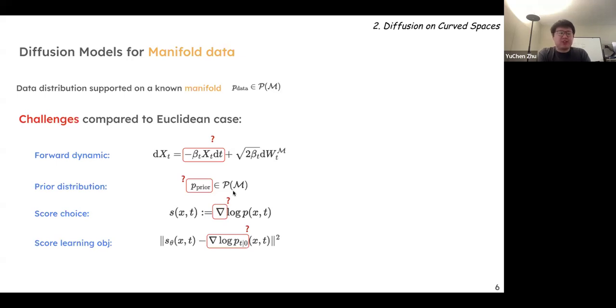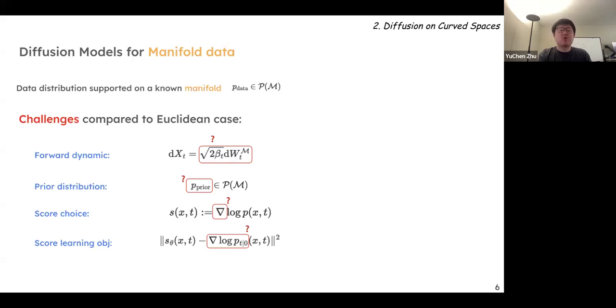Essentially, you have questions on every component of the algorithm design. For example, for the forward dynamics, we cannot easily adapt that OU process to the manifold case, as this typically renders the drift undefinable for a manifold. Some existing solutions say let's get rid of the drift and only add noise, which corresponds to the exploding schemes. But it also raises the question that